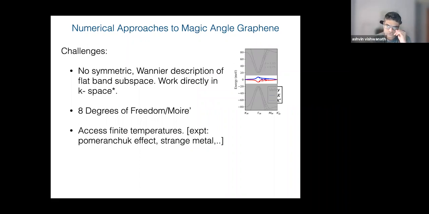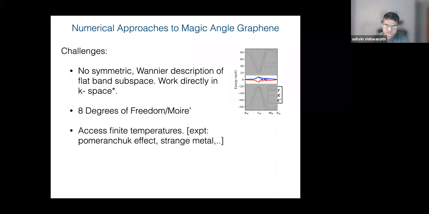I described an analytic approach to twisted bilayer graphene, but there are approximations there, and we'd like to, of course, verify these things in numerics. And what would we like to do? We'd like to be as realistic as possible to try to model the actual system. Now, typically, as in the cuprates, people try to look at the Hubbard model. Here there is an obstruction to defining a Wannier description that is also fully symmetric, if you want to just include the flat band subspace. So there's a motivation there to work directly in momentum space. I think we'll hear from Oscar later about the progress in using the lattice description as well.